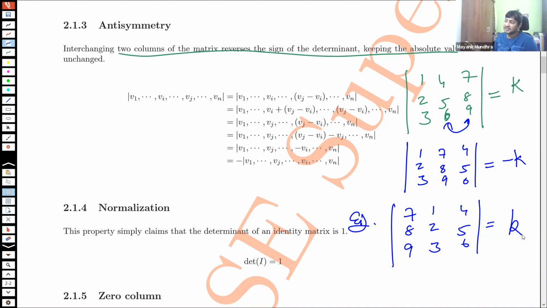So how many operations did you have to do in order to reach this point? If you do an even number of row exchanges, it will come back to the original thing. If you do an odd number of exchanges, it will remain negative. That's how it is. It does not matter which rows you exchange, which columns you exchange. They could be in any different positions.